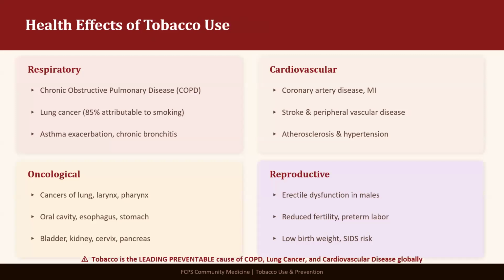Next, the health effects. Health effects of tobacco use include respiratory, cardiovascular, oncological, and reproductive. Respiratory effects are chronic obstructive pulmonary disease, lung cancer, 85% attributable to smoking, asthma, chronic bronchitis. Cardiovascular effects include coronary heart disease, myocardial infarction, stroke, peripheral vascular disease, atherosclerosis, hypertension. Oncological include cancer of lung, larynx and pharynx, oral cavity, esophagus, stomach, bladder, kidney, cervix, and pancreas. Reproductive disorders include erectile dysfunction in males, reduced fertility in females, preterm labor, low birth weight, sudden infant